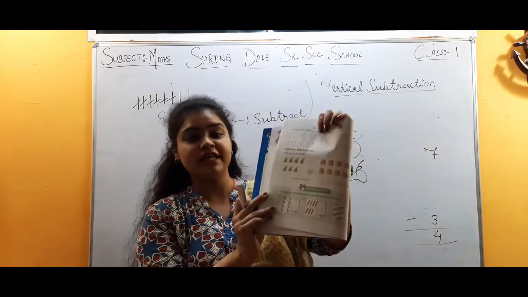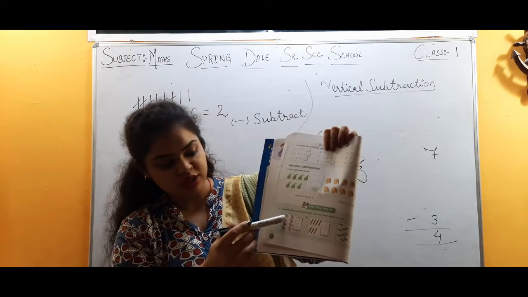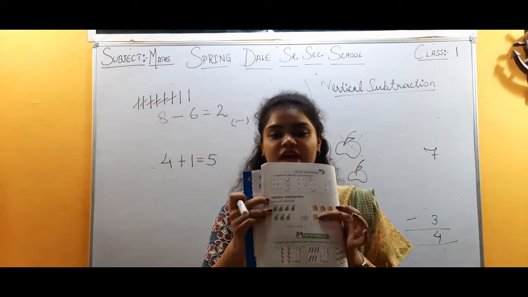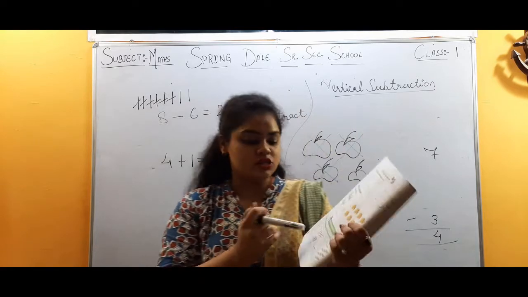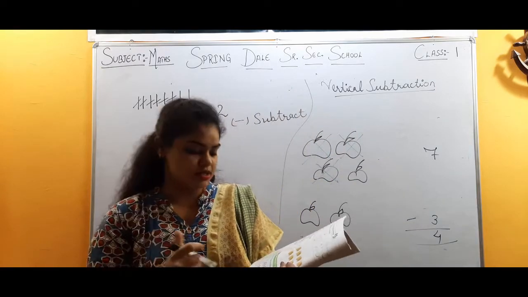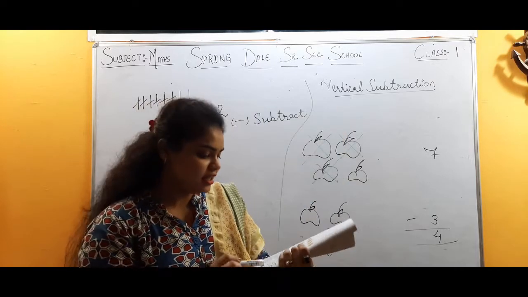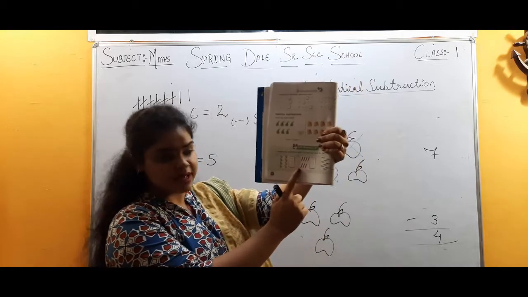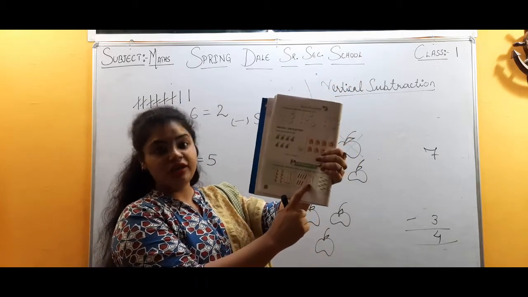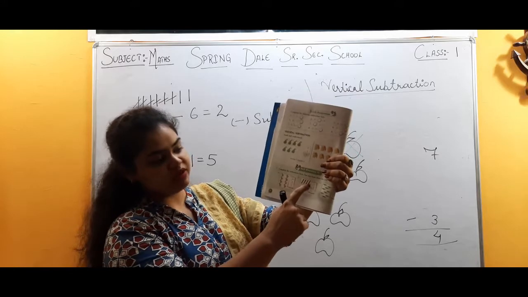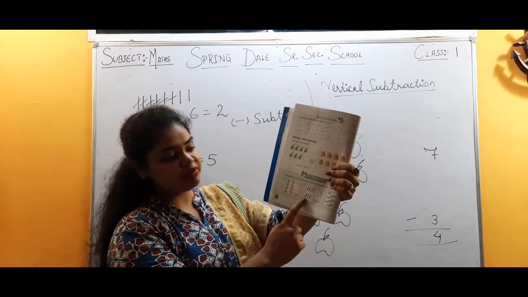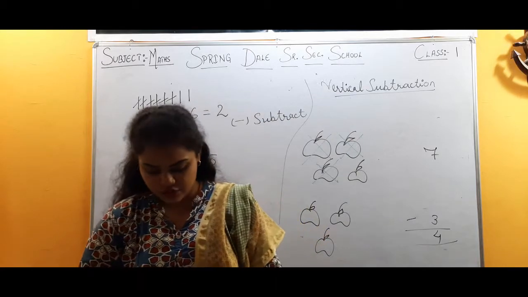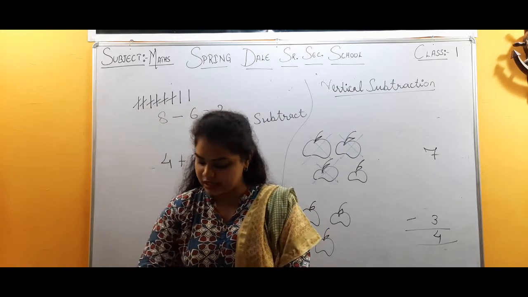And we have to cut the 6 birds. 1, 2, 3, 4, 5 and 6. In total, how many birds have we cut? That are 6. So how many are left? 2 birds. So we have written here 2. In the next question, there are 7 pencils given to us. Look children, 7 pencils. And they are asking us to cut the 4 pencils. If we cut the 4 pencils, how much number we will get? That is 3. Like this children, you have to complete the question number 1, that is on page 30